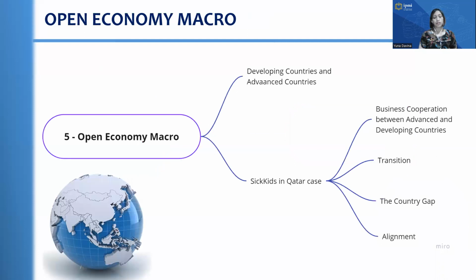Okay, so for the open economy macro, we are basically discussing the difference between developing countries and advanced countries in a sense of economy. To make this easier to imagine, we are discussing the case of Sick Kids in Qatar. This case is about business cooperation between an advanced country, in this case Canada, and a developing country, in this case Qatar. From the case, we know that there are country gaps that need to be considered when you are